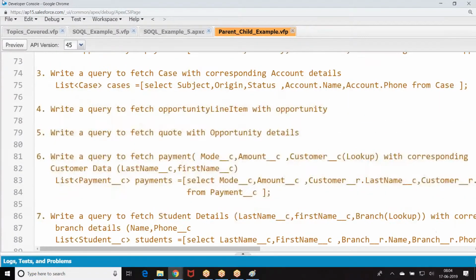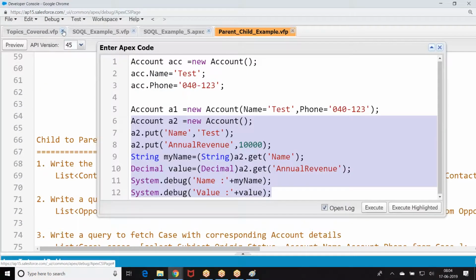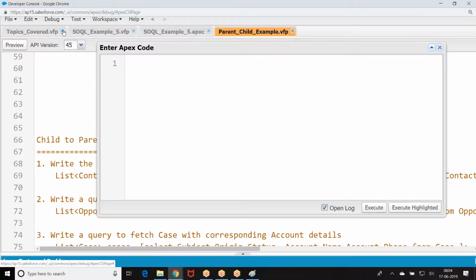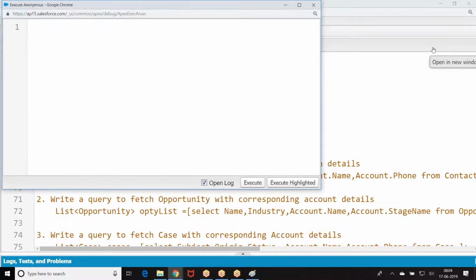Now, why did we come to this story now? Because aggregate functions are going to give you, if we generally write a SQL query will give you what? List of S object. Am I right? Any SQL query that I write will give me result in the form of list of S object. But now I want to use aggregate function. When you define a SQL query with aggregate function, result will not be a list of record, result will be an aggregate result.